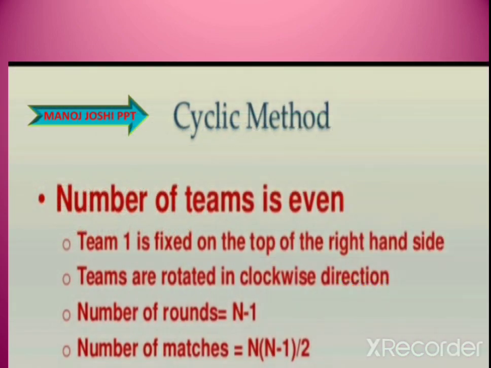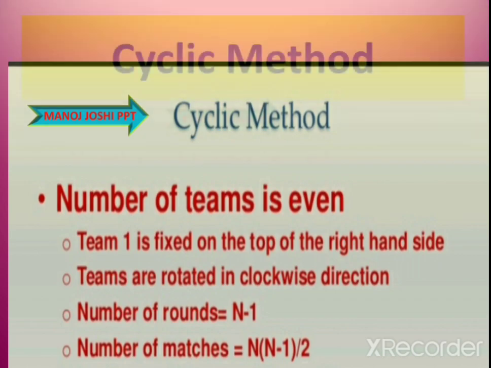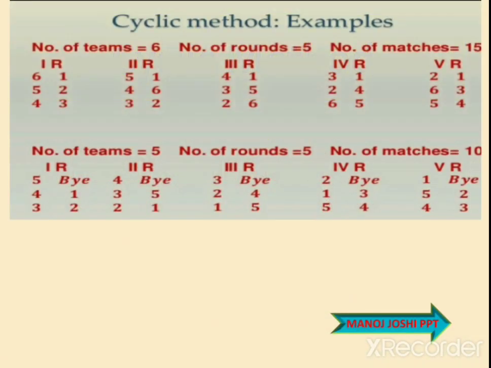So first is the cyclic method. In the cyclic method, if the number of teams is even, team 1 is fixed on the top of the right hand side. In this way we make the fixture. The teams rotate in a cycle, so we have written the numbers from the right hand side 1, 2, 3, 4,